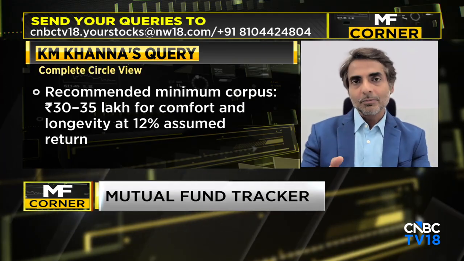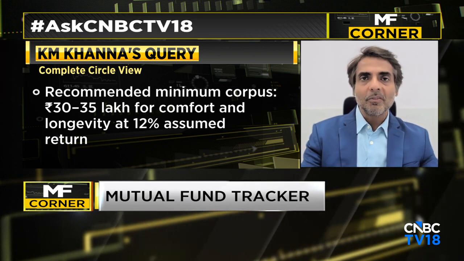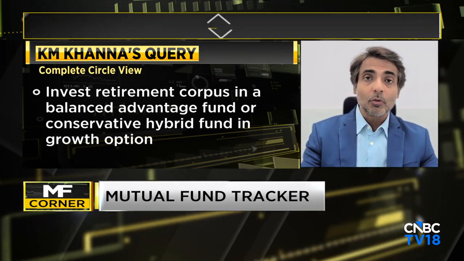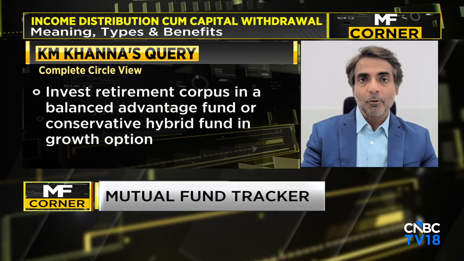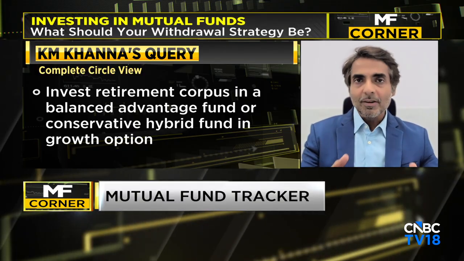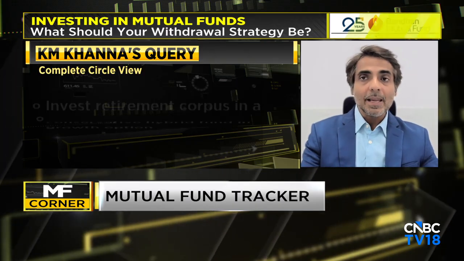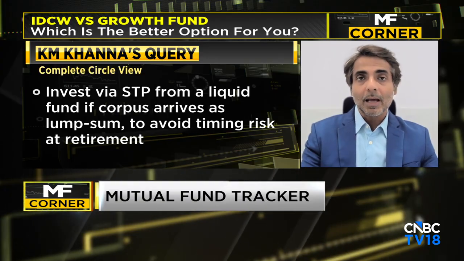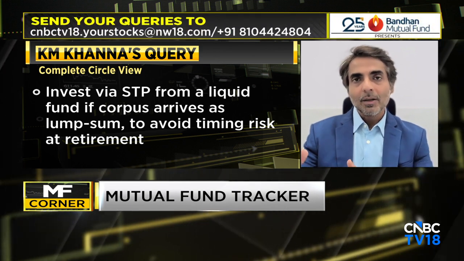Let's say if the corpus has to last for 20 years, then he requires a little less money. It can be doable with 25. But if the returns are at 10%, not 12%, and he wants the corpus for 20 years, then he has to look at 32 to 34 lakh rupees of current investment to be parked for his SWP plan. But if his portfolio is fixed income heavy, and the average return expectation is around 8%, and for 20 years sustainability, then he needs to have 42 to 43 lakh rupees, which he has to park in funds right now, so that he can enjoy the benefit of the entire wealth.